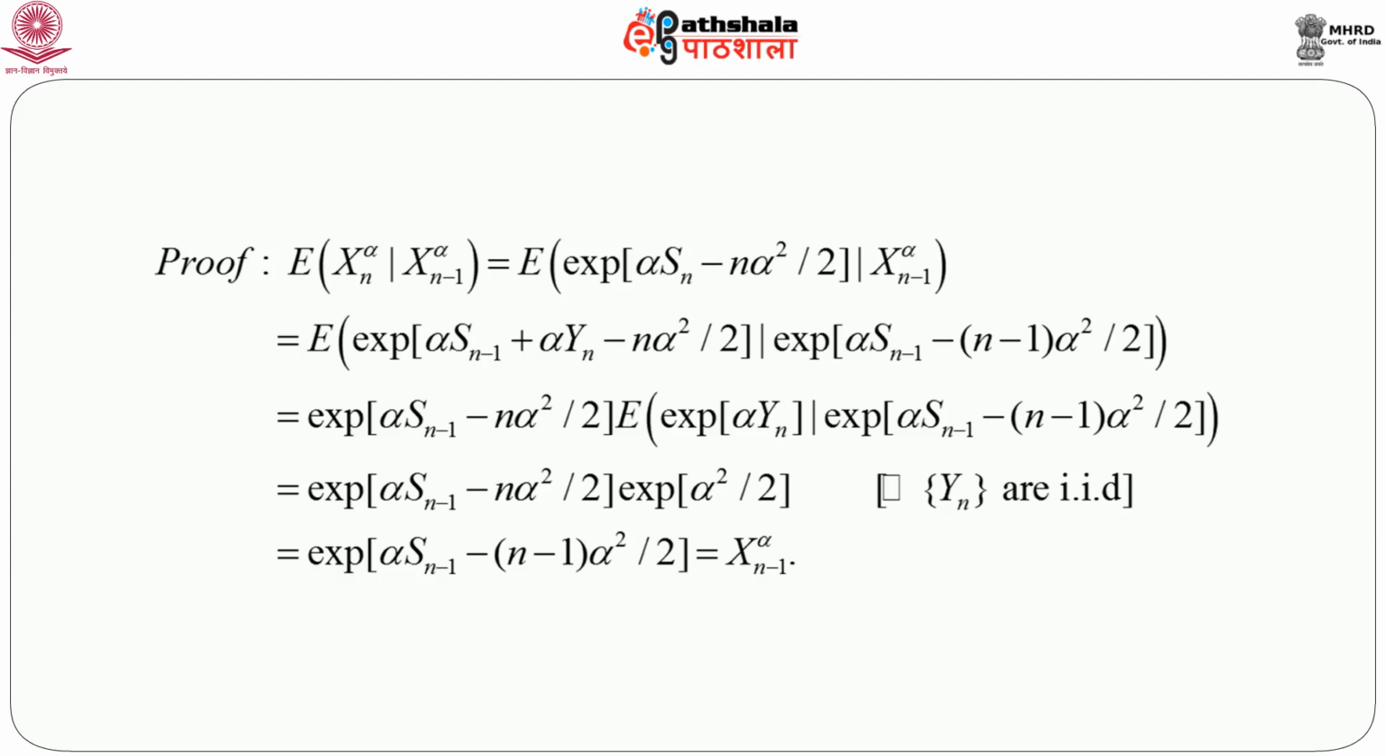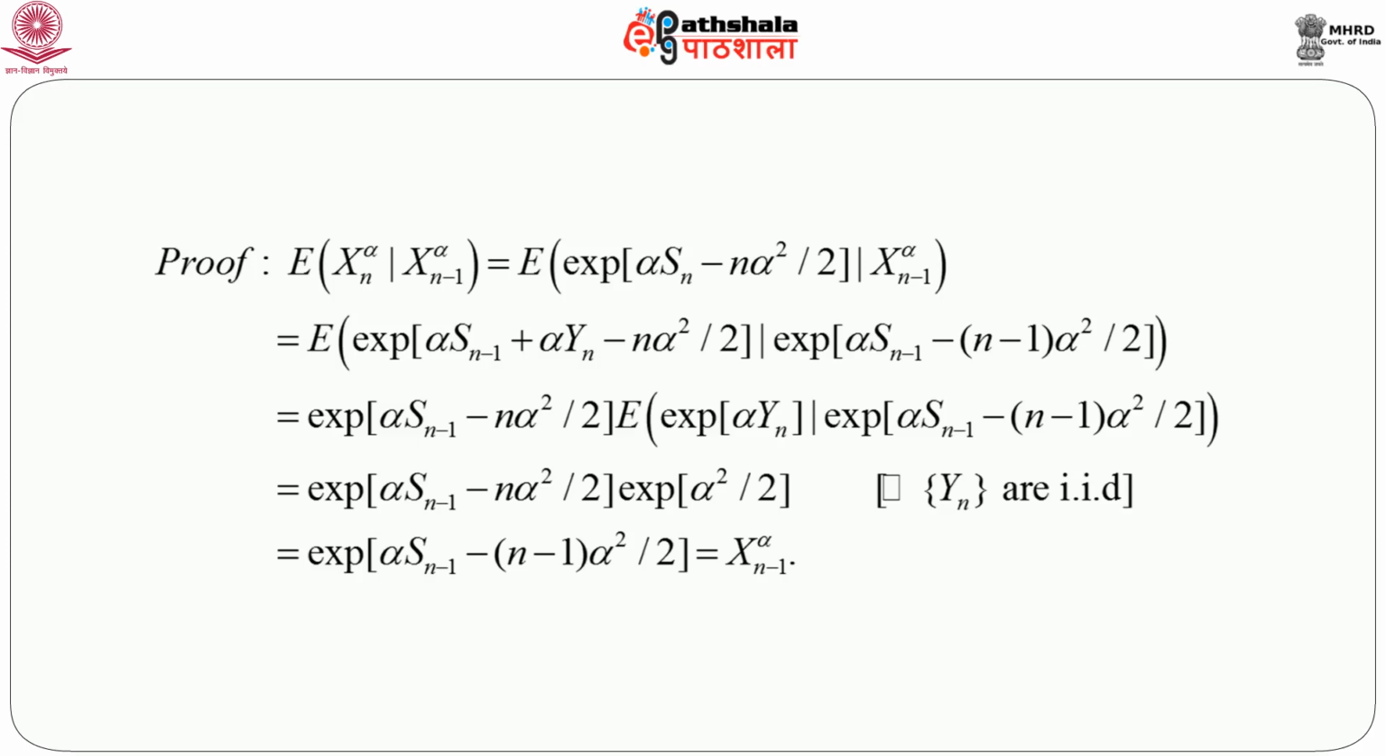Let us describe the expectation of X_n^alpha given X_{n-1}^alpha, which equals the expectation of, now what is X_n^alpha? This is nothing but exp(alpha S_n minus n alpha squared by 2), conditioning on X_{n-1}^alpha. Now we can easily split this S_n as S_{n-1} plus Y_n, because S_n is nothing but Y_1 plus Y_2 plus up to Y_{n-1} plus Y_n, and the first part Y_1 plus up to Y_{n-1} is S_{n-1}. So we can immediately write it as alpha S_{n-1} plus alpha Y_n, given